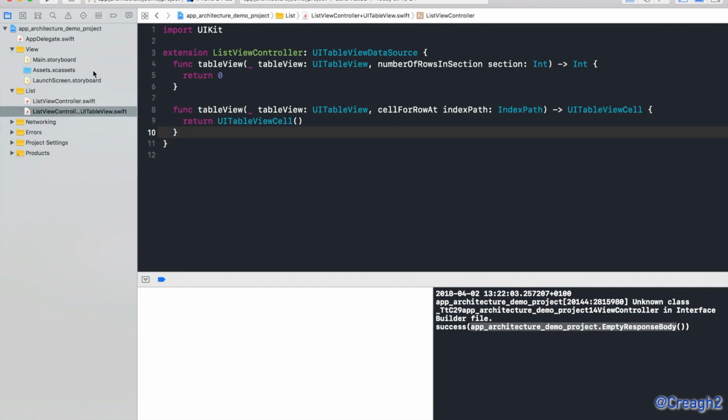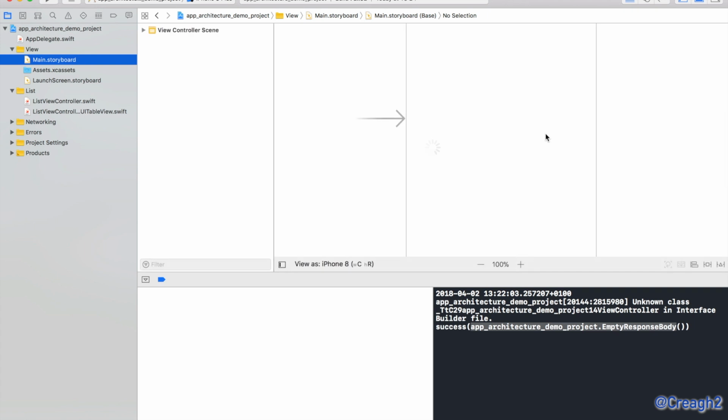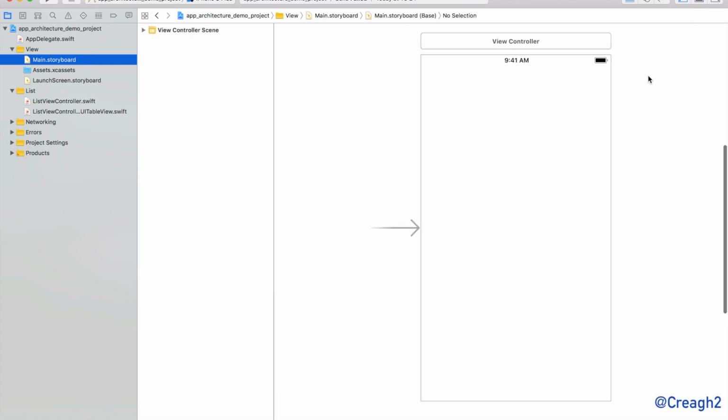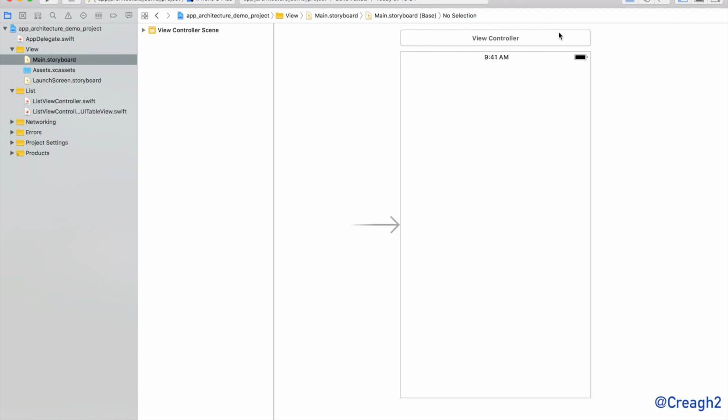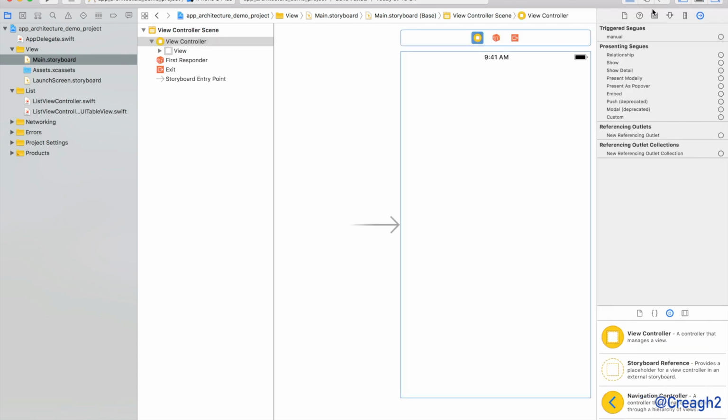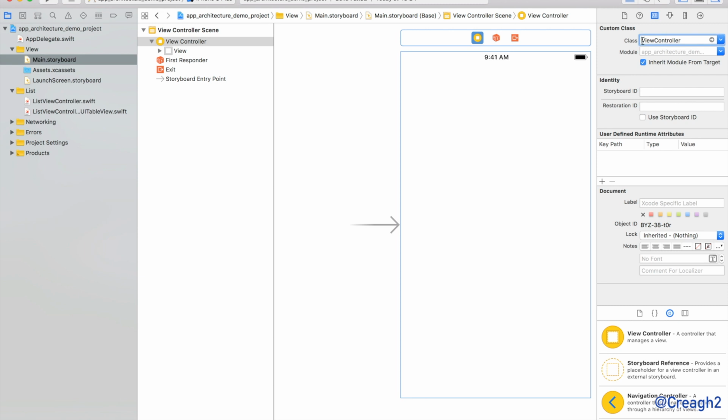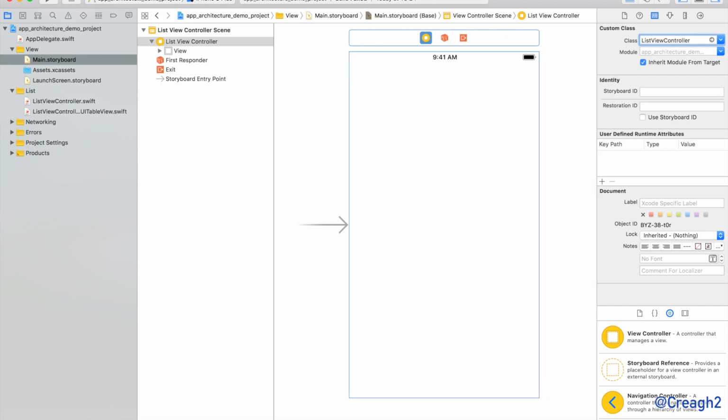Neaten that up a bit. Let's quickly add this to our storyboard so we can see it in action. So first thing we need to do is assign this to a class, and we're going to call it list view controller, boom. And then we're going to add a table view,